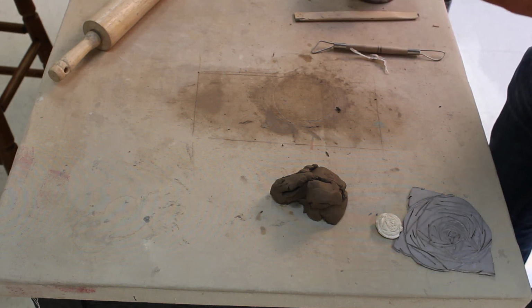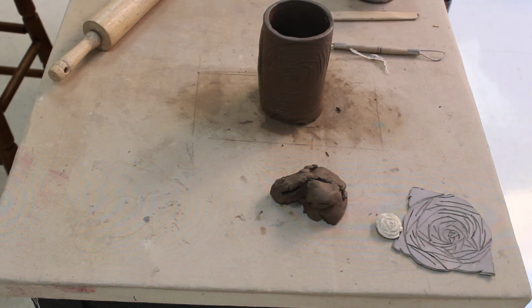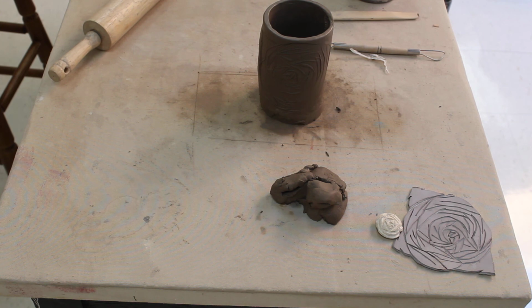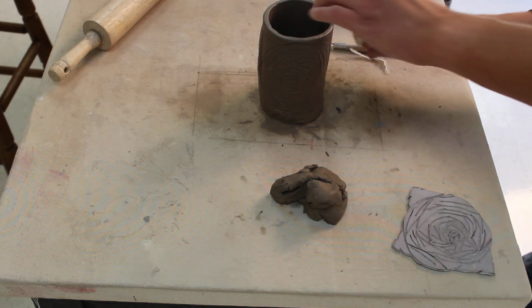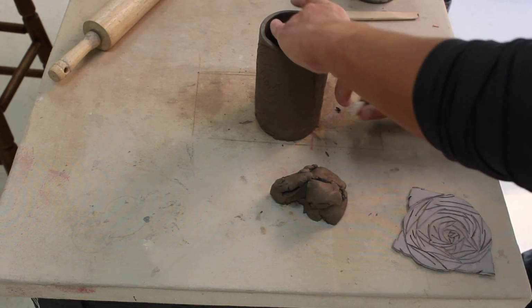At the end I can carve out a little bit from the bottom here so that I've got more of a ring for this to sit on. That would be if I wanted to have a plate or bowl or cup. I could add a handle here where the seam is to help further hide the seam. But the vessel itself has this design in it. If I wanted to, I could also go back, use these empty voids here, and now that this is already formed,